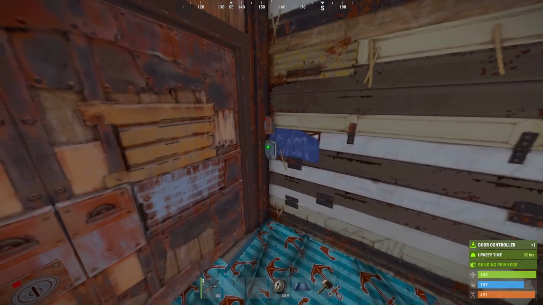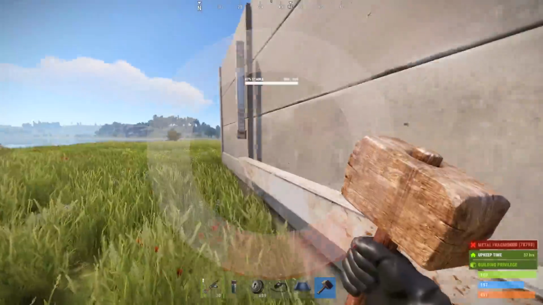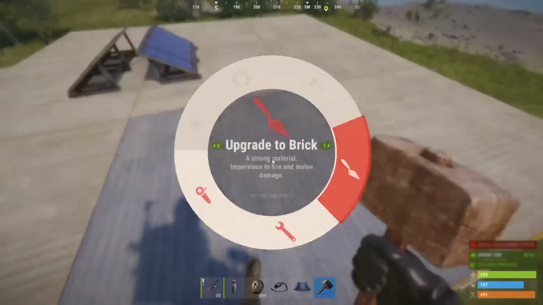And as for upgrading the base, I would recommend upgrading it in a way that it's not obvious, like, hey, here's my TC, I've only upgraded this one side. It's only like 2 stacks of metal to upgrade this, so just wait till you can do it all at once. We're not upgrading the first third of the base. As you can see here, we're upgrading the